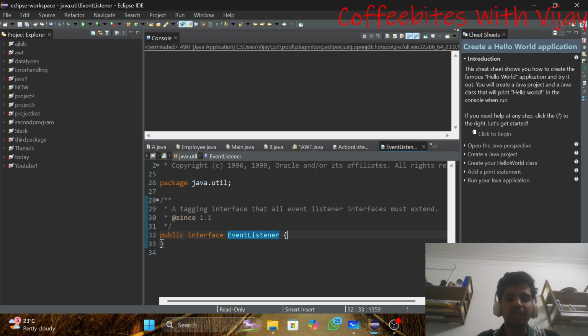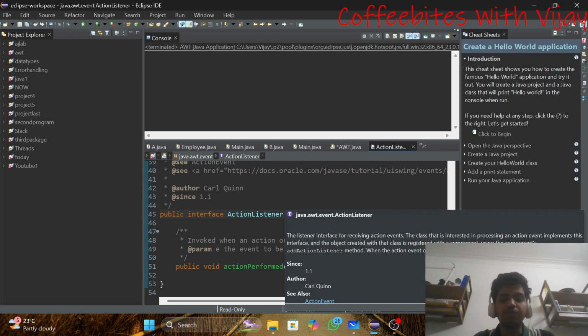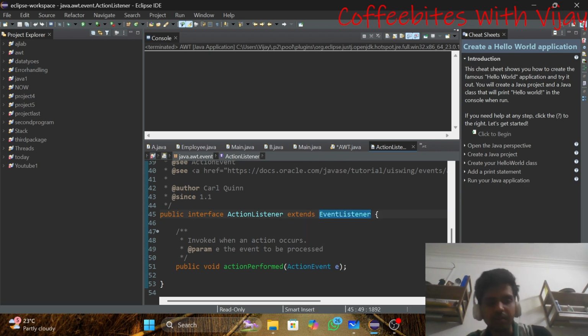This is nothing but a tagging interface that all event listener interfaces must extend. So all the event listeners will extend this event listener. This is nothing but a parent interface. Here you can see this action listener extends this event listener. Event listener is a marker interface, and the action listener is also an interface.